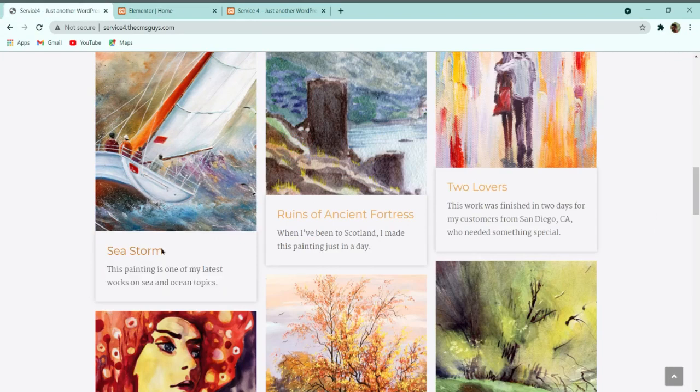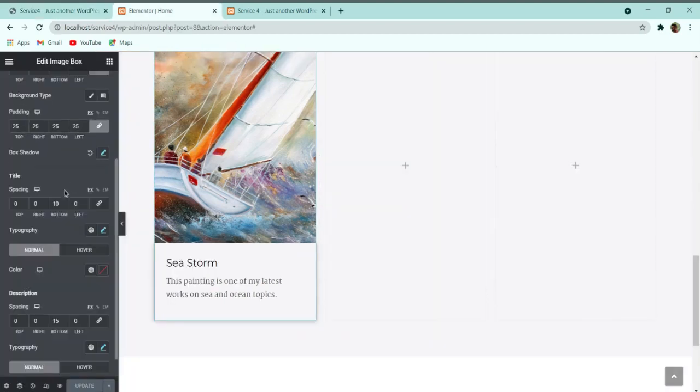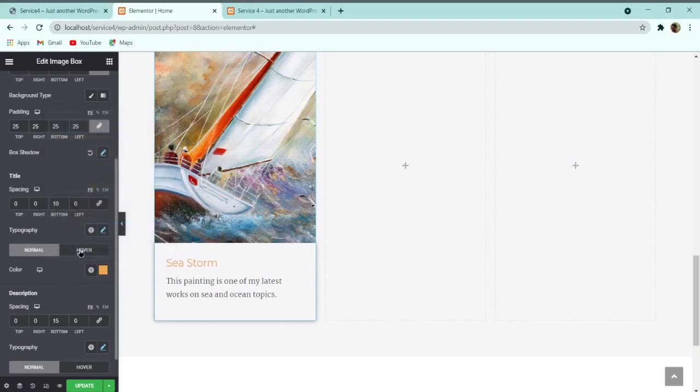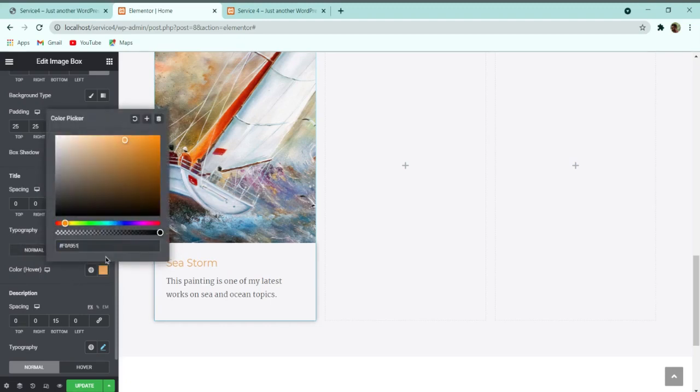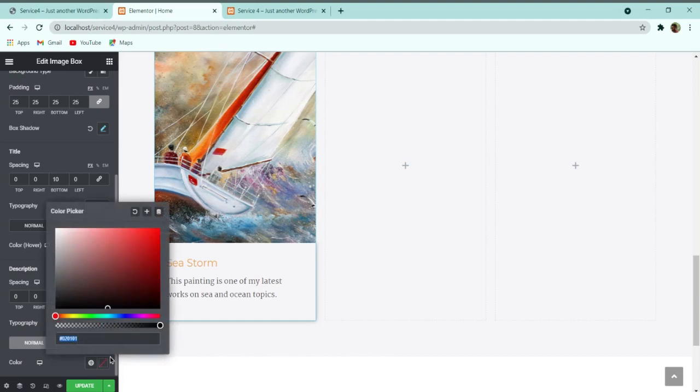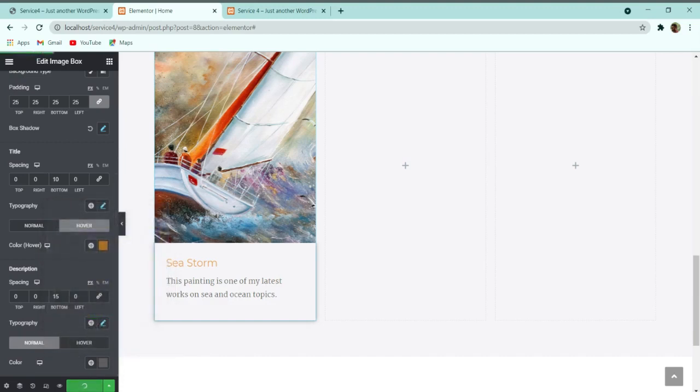So here you can see that it is the orange color, but when we are hovering over it, it is making little bit darker. So what I will do, first of all, let me give that orange color over here, and then again here also I will give that orange color, and I will make it little bit darker. So when we will hover over it, it will go to darker. And then here 5F61 is the color which we have used over here. Give a hash mark. After that, just click on update.